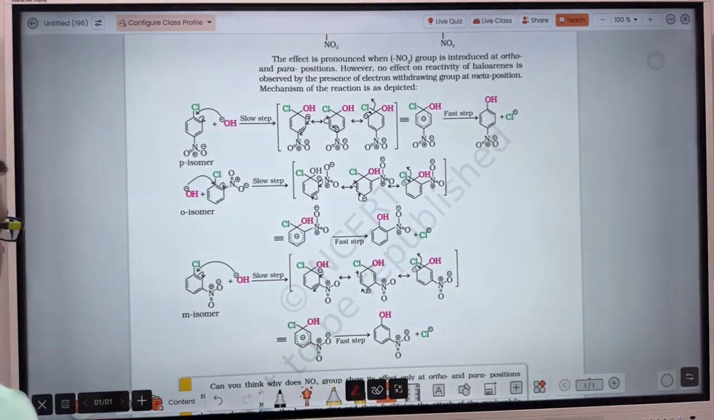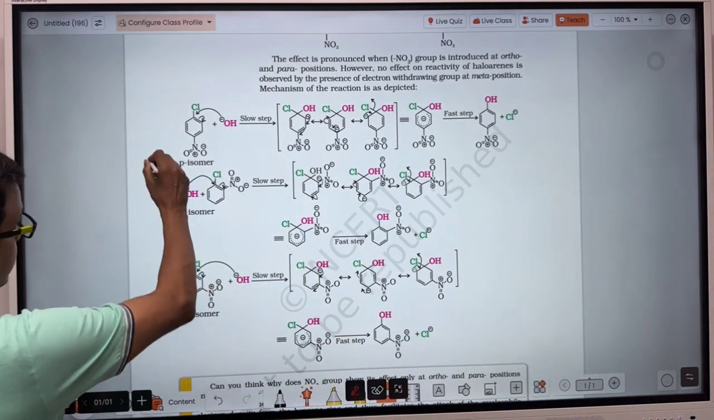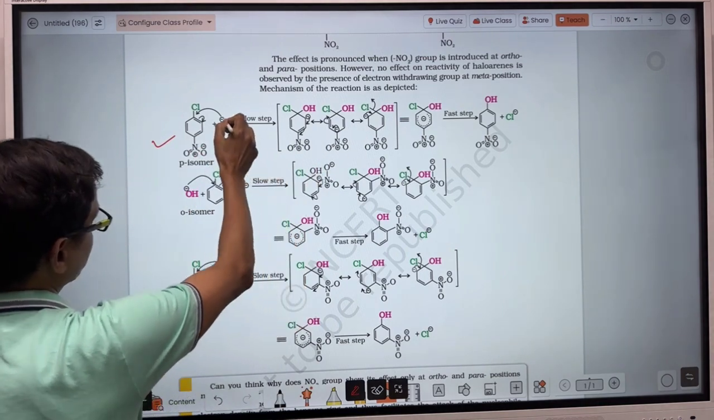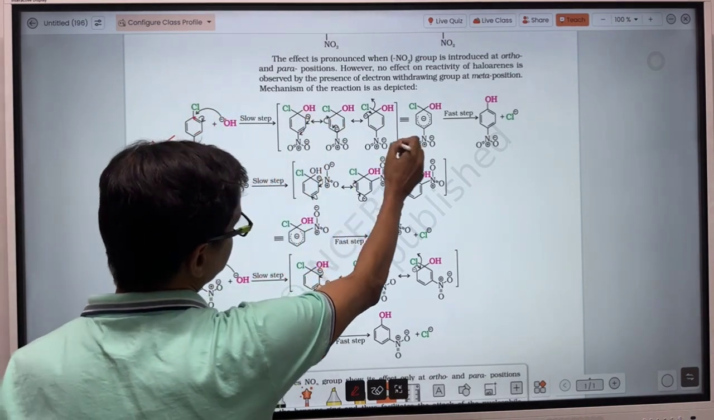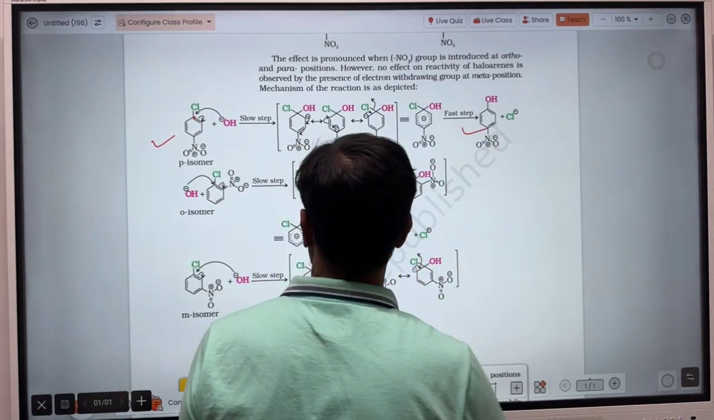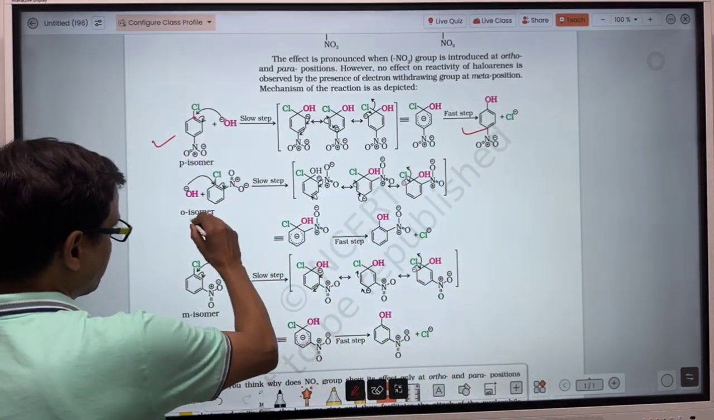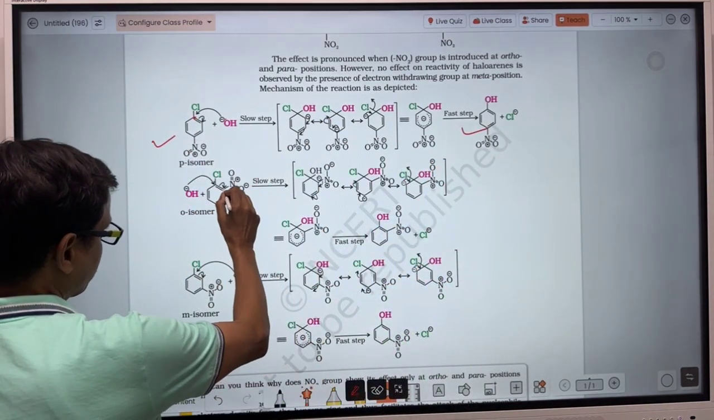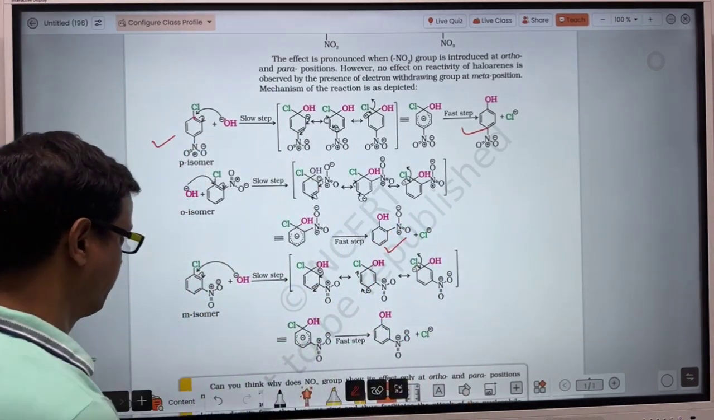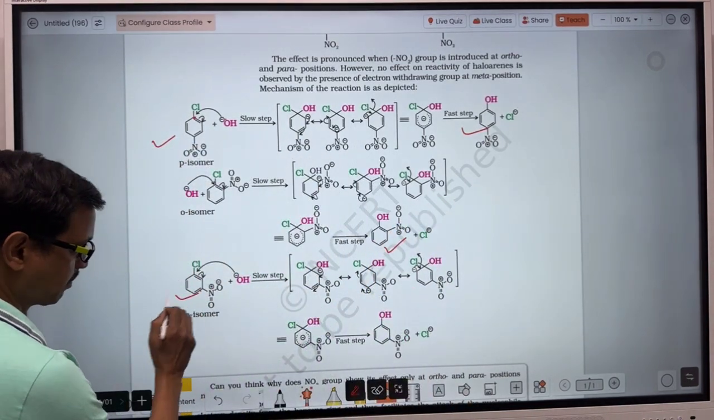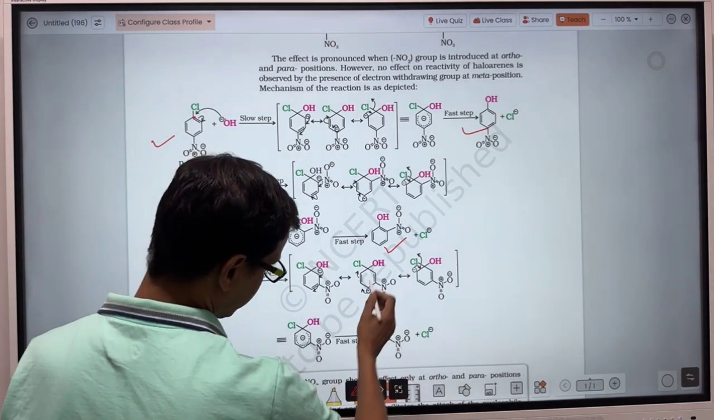Here, as with the para position, the reaction is there, and this is how it takes place. The nucleophile approaches this carbon atom, and then through resonance, finally this form results. Same here, when NO2 is present at the ortho position, then also finally the reaction will take place. But when the NO2 group is present at the meta position, the reaction will take place,